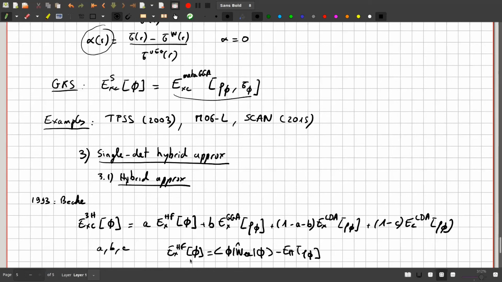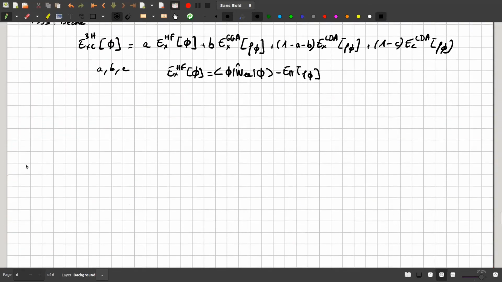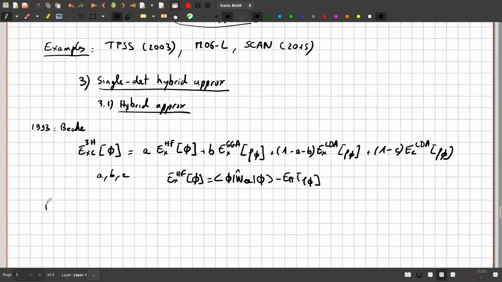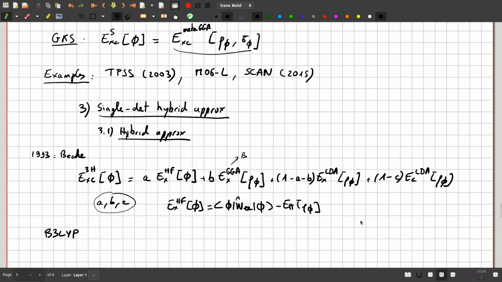The most famous such approximation is the so-called B3LYP functional. So 3 means the three empirical parameters, B means that you use the GGA functional here, and LYP the